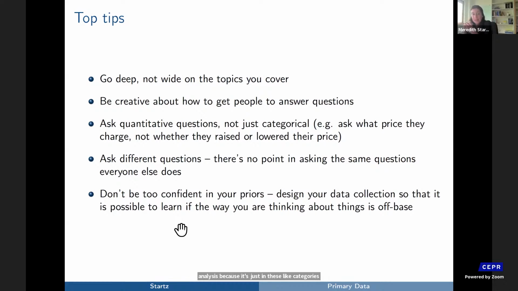I would say if you're going to go do your own data collection, ask different questions than other people can. I think Joe may have a different perspective on this, which is, there's also some value in comparability of surveys across settings. So if you're asking about questions on a topic, it can be nice to word it the same way that other people have. But I also kind of think that if you're going to bother to go out and do your own data collection, you should be learning about something new that we couldn't have gotten from looking at an